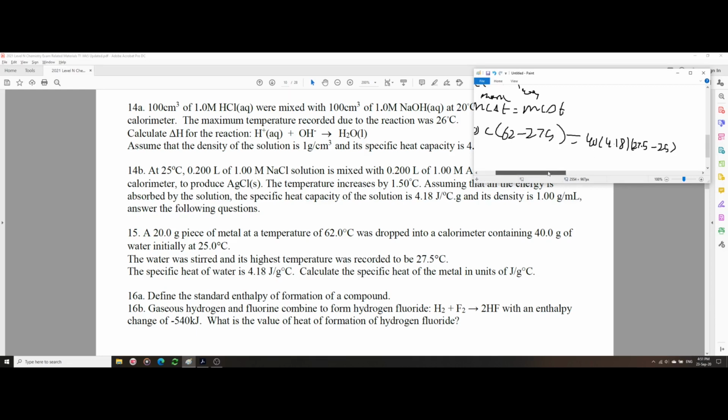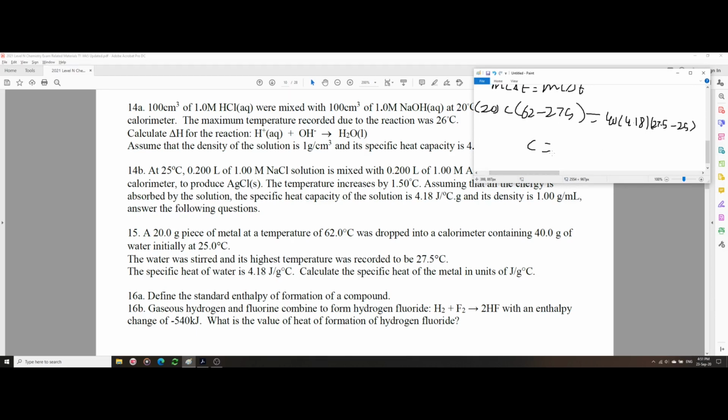Okay, so with that you can get C. Right now I'm subtracting the temperatures: 62 minus 27.5, you get 34.5. Now I'm multiplying the other side and then I'll divide. Anyways, 40 times 4.18 times (27.5 minus 25), and you get the final answer,